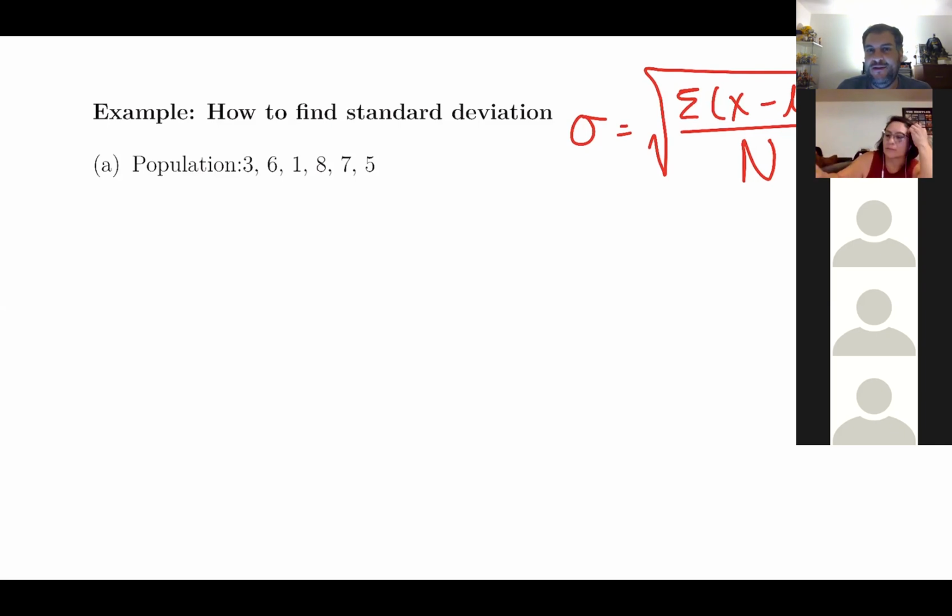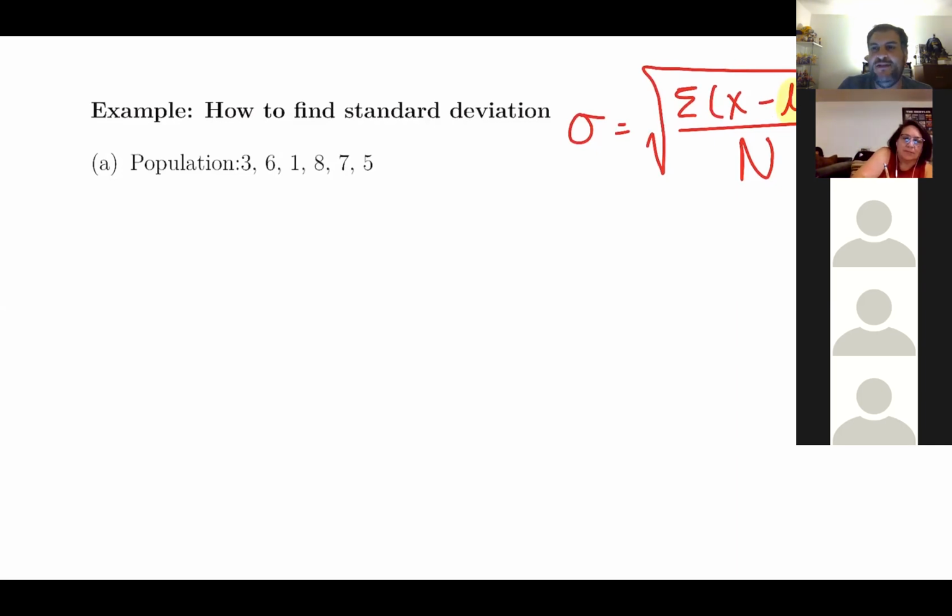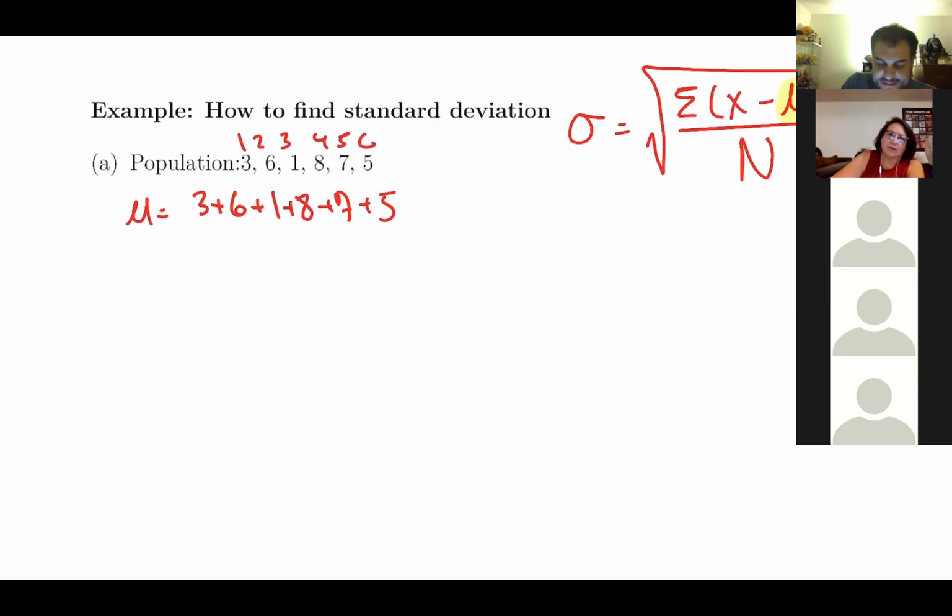So the first thing we're going to do, anytime you find standard deviation, the first thing you want to do is find mu. To find mu, in case you've forgotten how to find the mean, you add up all the numbers and divide by however many numbers we have. If you look, we have 1, 2, 3, 4, 5, 6. So you want to divide by the number 6. Cool, thank you. Somebody already got 5. All right. Everybody get that the population mean is equal to, sorry, 5.